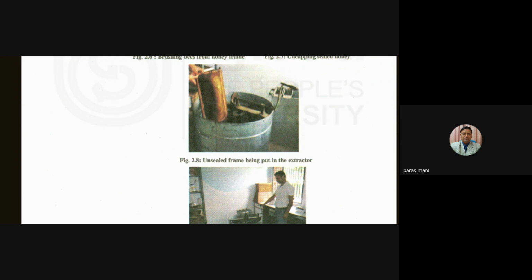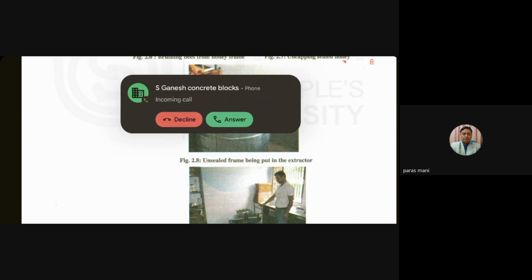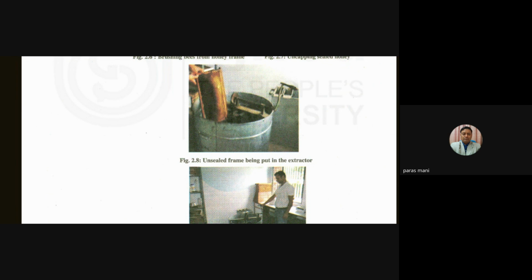There are many kinds of instruments. In India, it is a fixed one. Usually 4 or up to 8 frames can be placed inside this chamber, and it will be turned manually